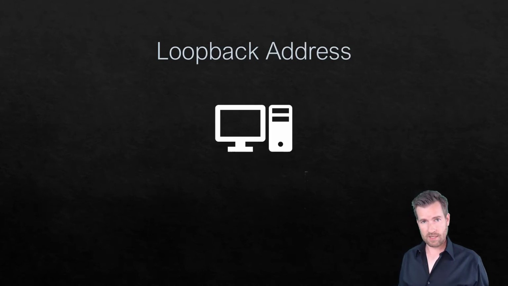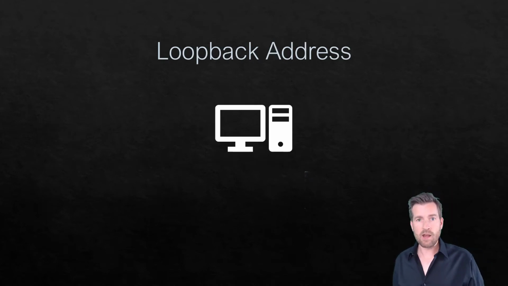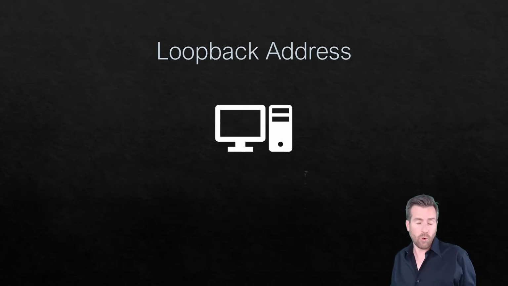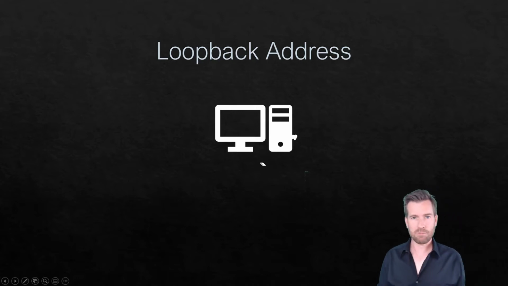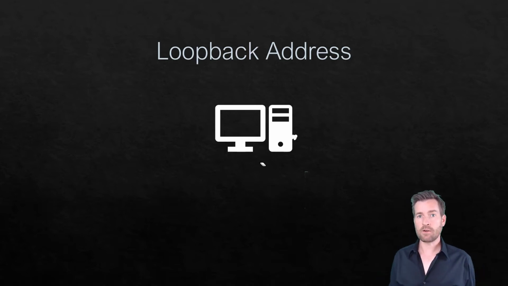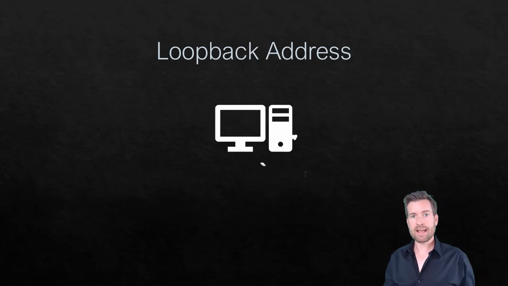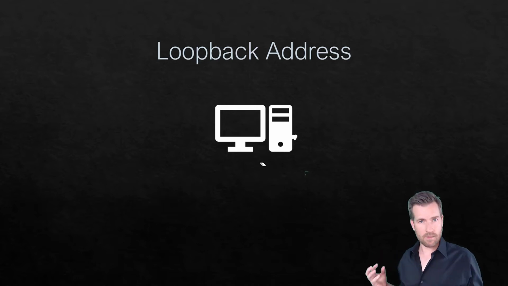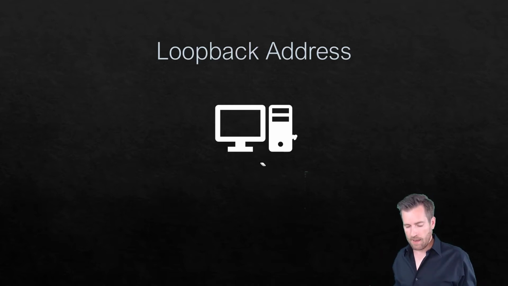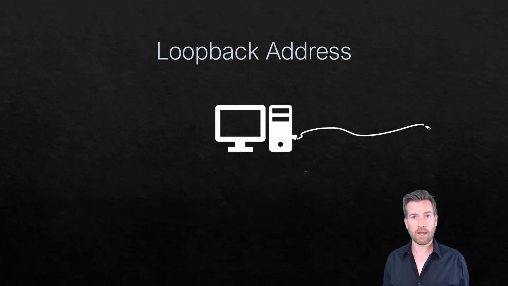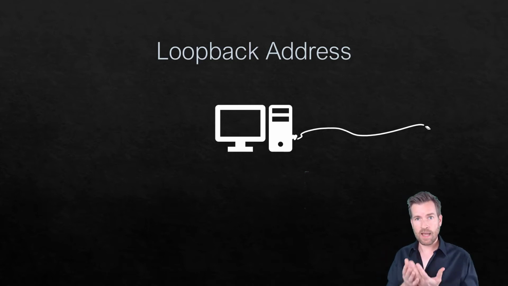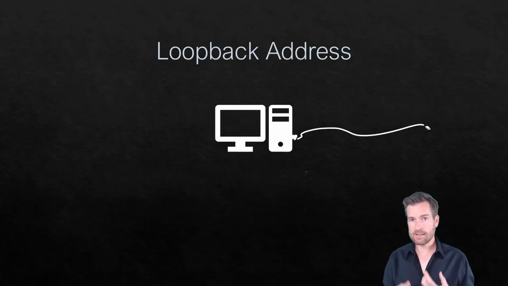What we'll have on machines is what's called a loopback address. And the loopback address is used for testing that interface. So here I have a machine. It has a network interface. And that network interface, let's say it's not plugged into the network right now. If I were trying to ping the loopback address, because that interface is down, it's not going to communicate. Nothing is going to happen. And then let's say now we plug it into the wall or into a network connection, and that interface comes up. There are certain protocols and certain things that are activated on that interface, and now I can ping